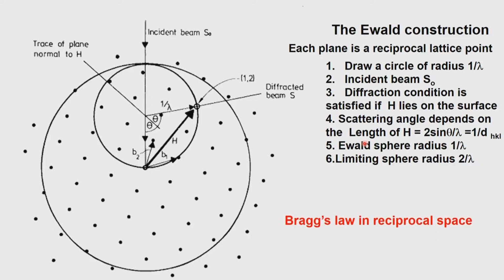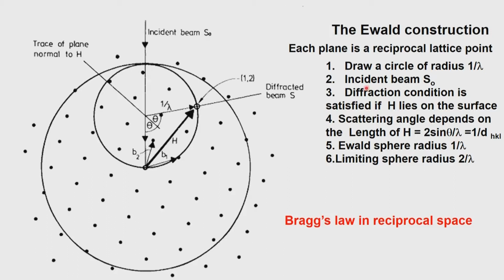So, what is the catch here? The catch is the following: we have kept the crystal in a single position, and sent in the X-ray beam. By chance it so happens that in this diagram, which we have shown purposely, there is a point which intersects with the surface of the Ewald circle or the Ewald sphere, and therefore, it satisfies the Bragg condition. In order to satisfy the Bragg condition, we have to have this equation satisfied. That is because the vector h, which is the reciprocal lattice vector, should have a magnitude which is equal to 2 sin theta by lambda. Then and only then we get diffraction.